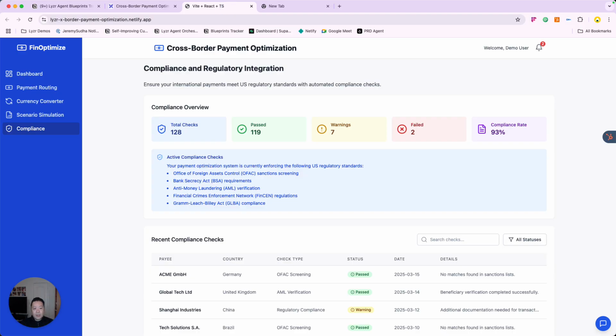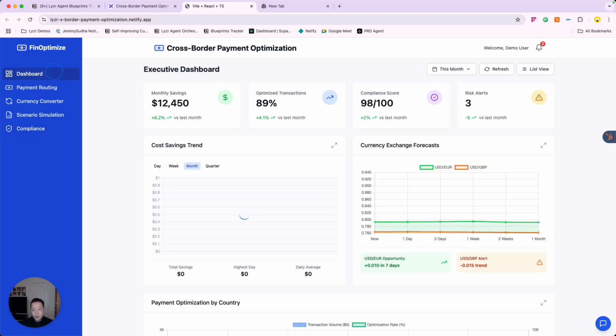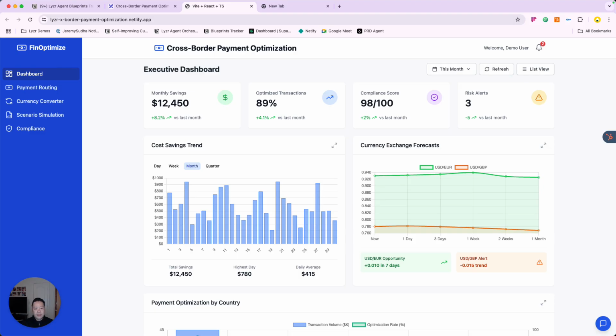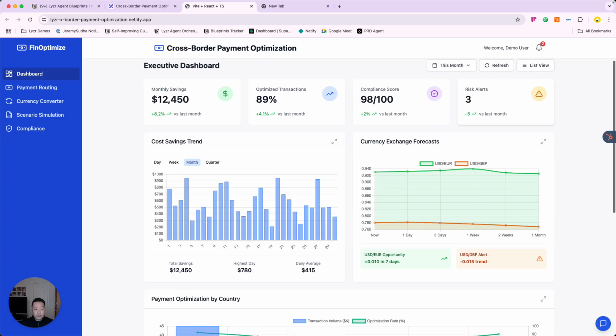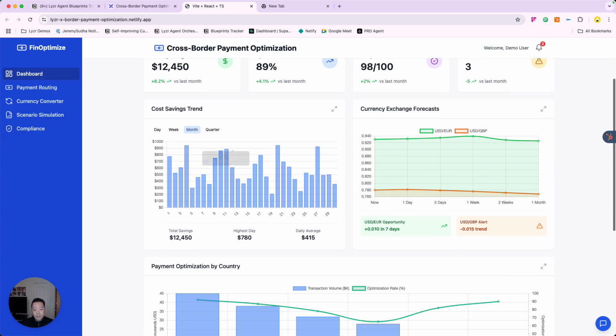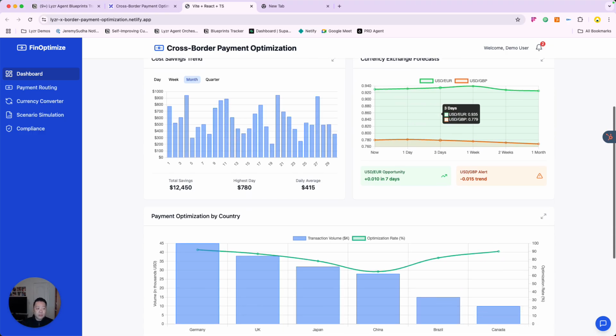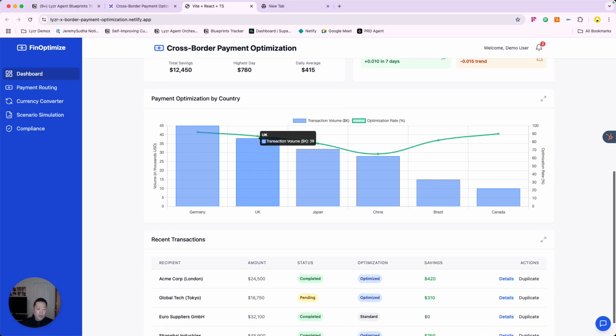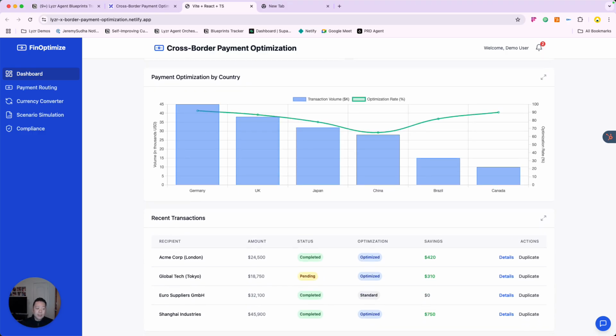Let's take a look at the application. So here we are in the dashboard. You can see at a glance all the key cost savings that were accomplished by using this app, including key things such as any risk alerts that the user should be aware of. There's historical trends in terms of cost savings, forecasts for different exchange rates, optimization scores by country, and a listing